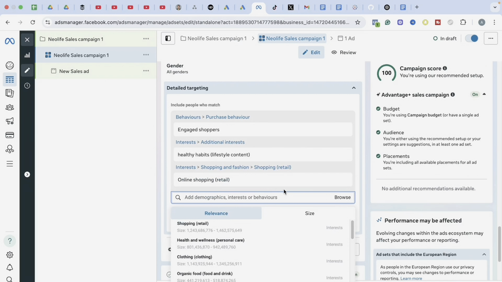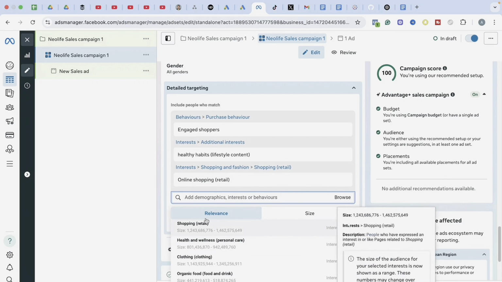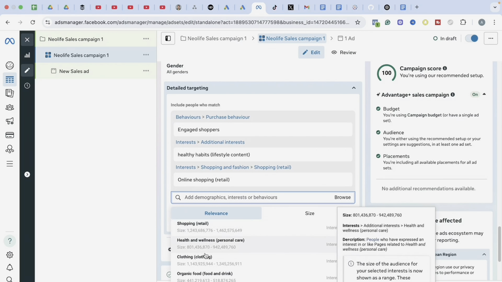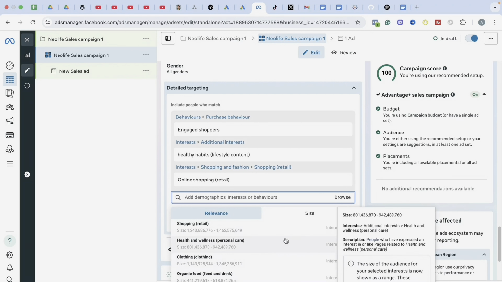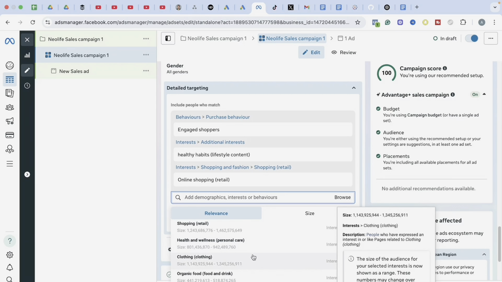So you can build your audience like that. The more you choose your audience, the more interests you add here, the more Facebook will suggest. Can you see relevance and size? So Facebook will recommend interests that are relevant to your business. They will recommend behaviors.